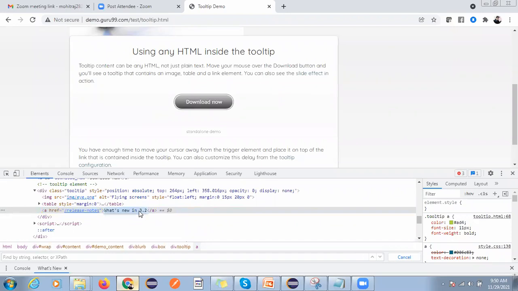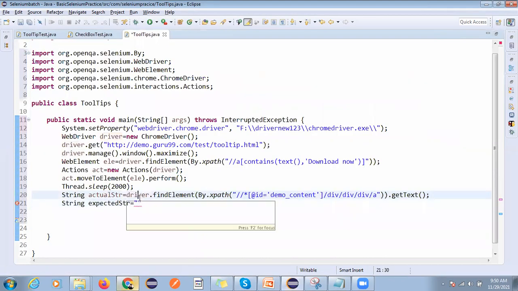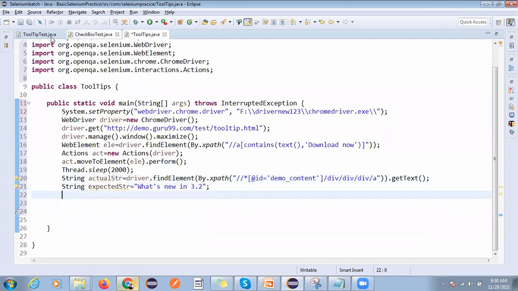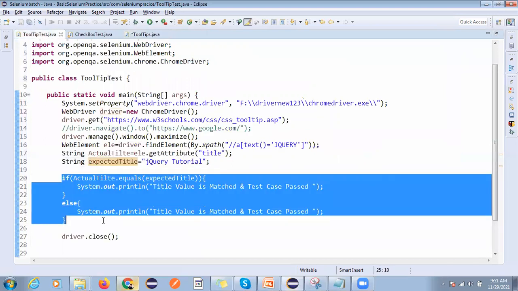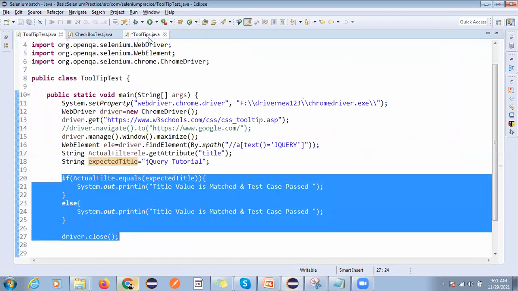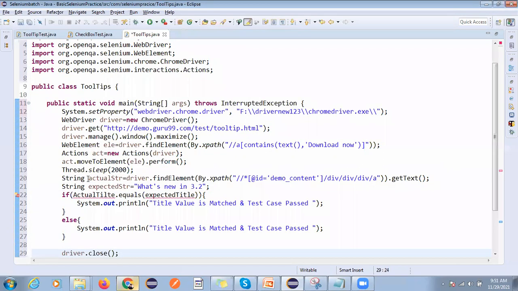This is the expected value. Okay, this text must become, and now you can use this if else condition and close also. So I'm going to copy this from here, and this is your actual str, and this is your expected str. This is your expected str, and now actual str. So I'm just writing actual.